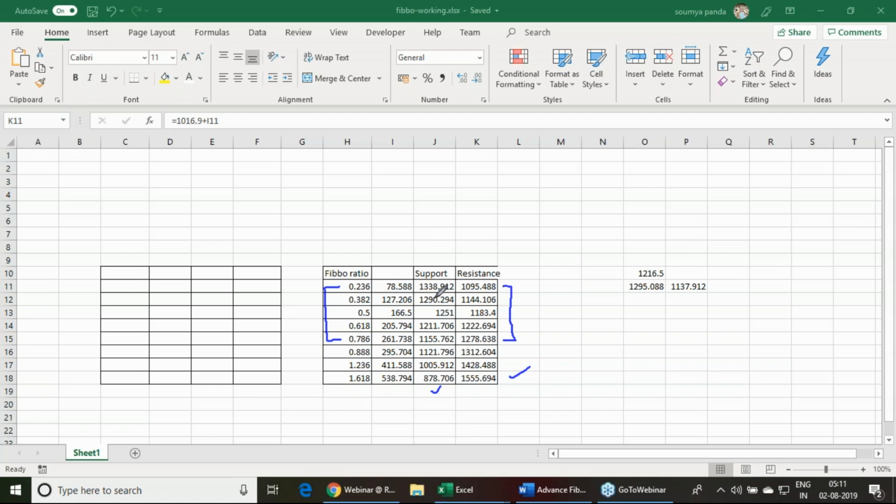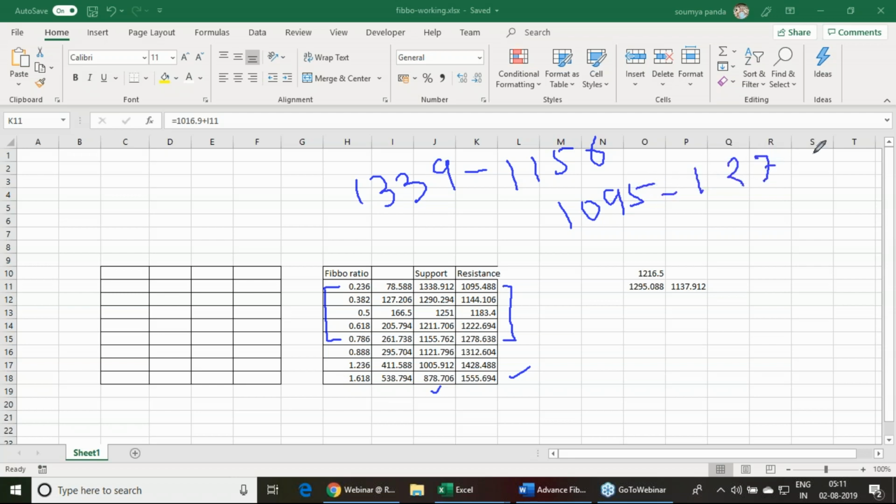So we have calculated all the supports: 1339, and it goes till 878. However, our recorded low was 1016.90. So I'm just taking the value till 1156. This is the value I am taking, and I am taking the values from 1095